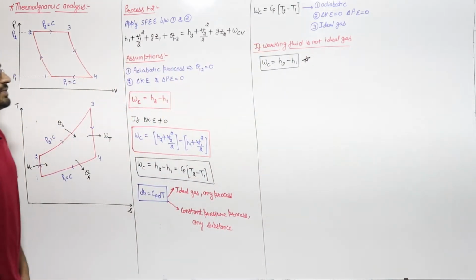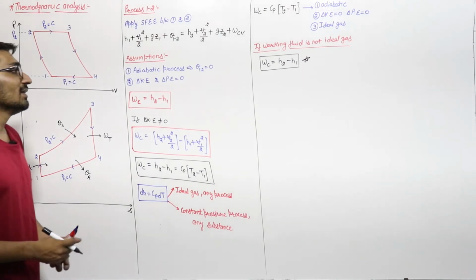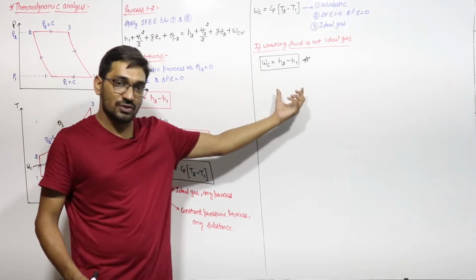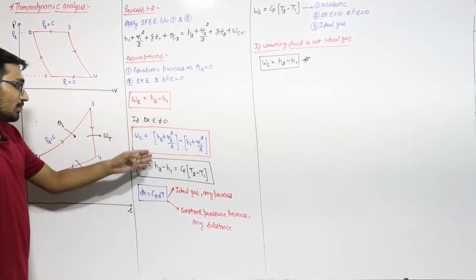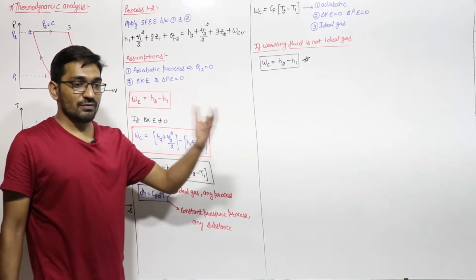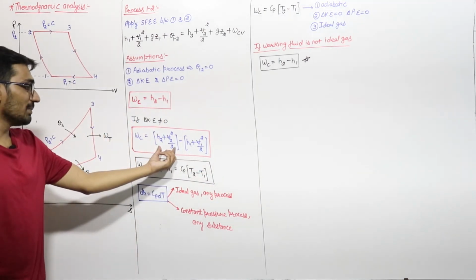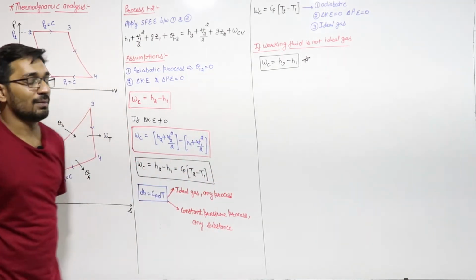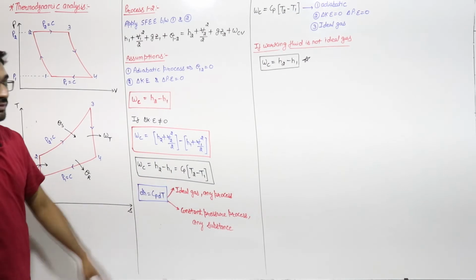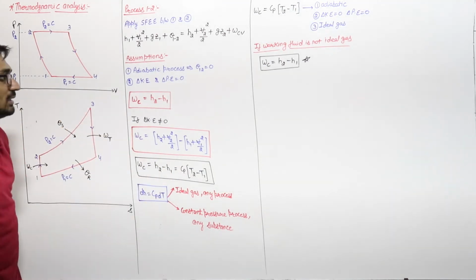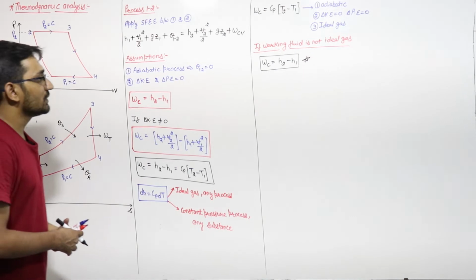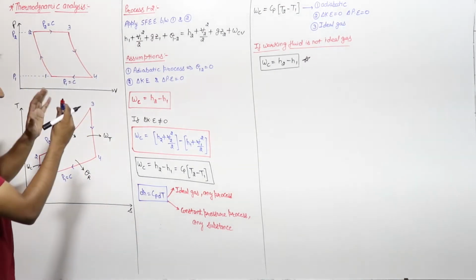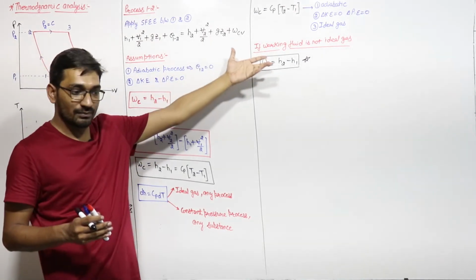This Cp in the terms of temperature, Cp dt only for the ideal gas you can use, otherwise you have to go with the basic, that is H2 minus H1 or H2 plus V2 square by 2 minus H1 plus V1 square by 2. This complete is known as stagnation enthalpy. The H1 plus V1 square by 2 is known as stagnation enthalpy. We will discuss this in the compressible flow, right? These stagnation terms are the terms of the compressible flow. So this is H2 minus H1 if it is not an ideal gas. So these are the conditions to use different types of formula.